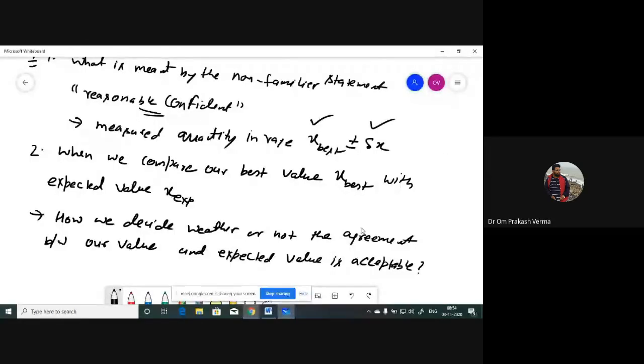In the first question, the first statement, your measured quantity. अब measured quantity को कैसे measure करेंगे? How you find the measured quantity? You will find out with the help of x best, right? अब x best आपका कैसे है, कितना x best है, वो expected value से कितना deviate हो रहा है, और अगर deviate हो रहा है तो कितना, अगर आपका जो deviation है वो acceptable है या नहीं है, आपका जो error आ रहा है that is acceptable or not. So that acceptance is defined.